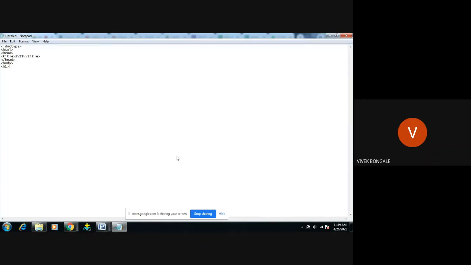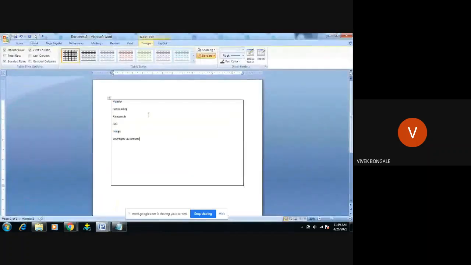Here in h1 I want to give that particular heading that should be displayed, it should be highlighted. So what I will do, where is SVIT, this one I will give. Okay, I will close this heading. Okay, next, this is the heading. Then I want the subheading also. Okay, what I'm trying to achieve here, this part I have done. Where is SVIT? It will display in my browser.